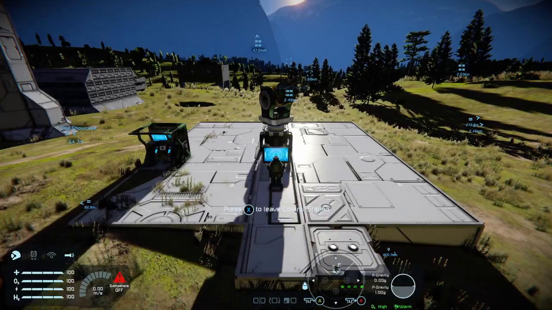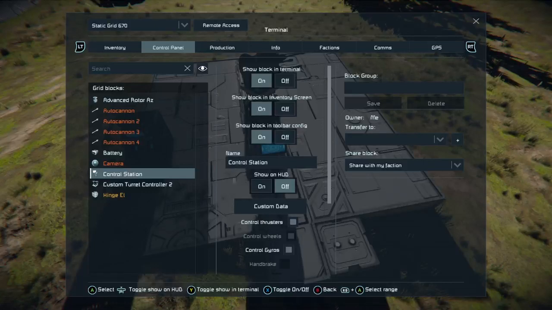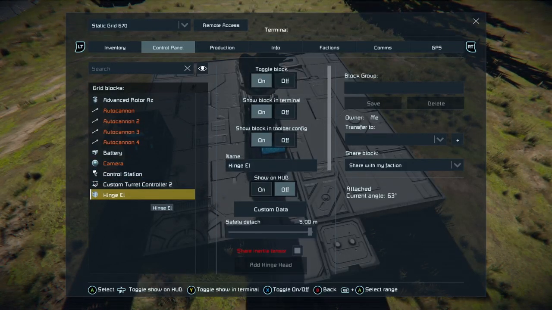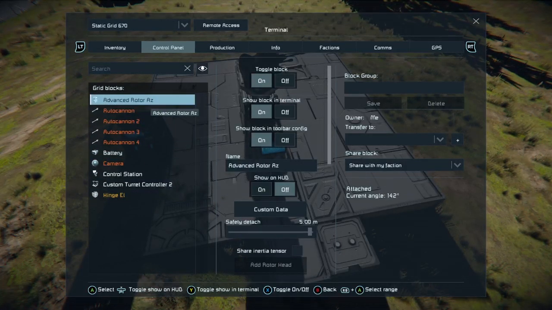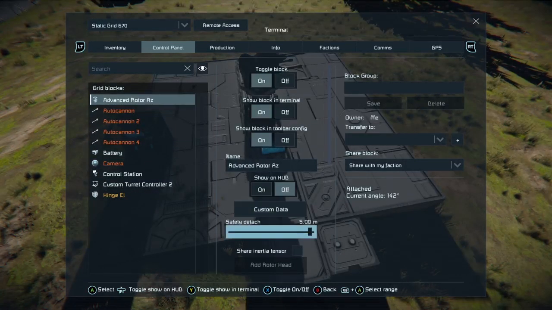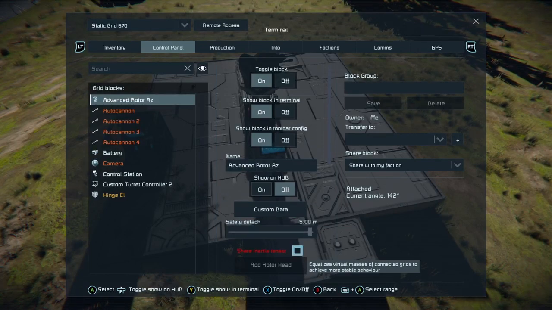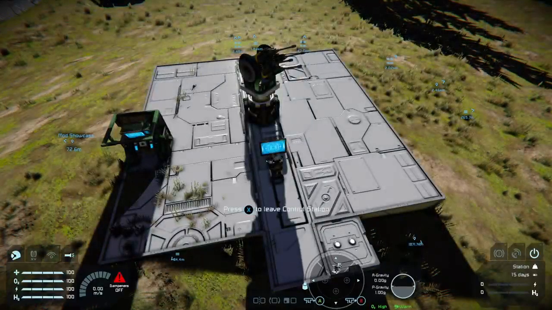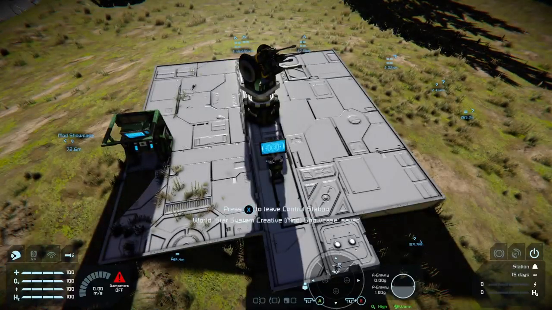That's pretty smooth. And again, share inertia tensor should be on for your rotors. I'm going to put it on there just in case the AI clangs out somewhat.